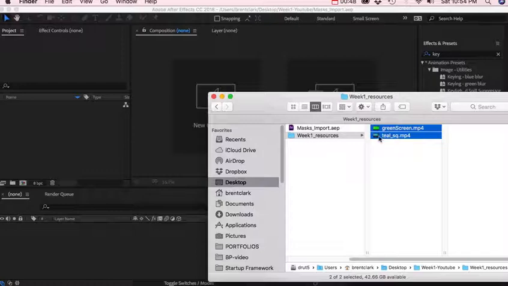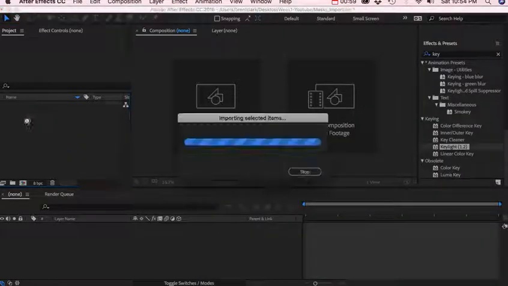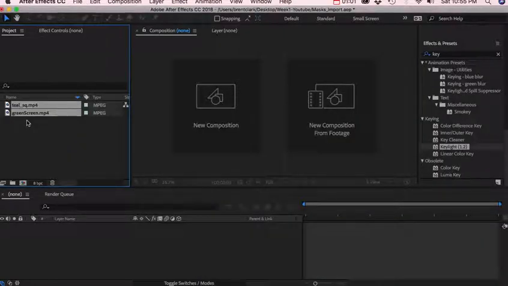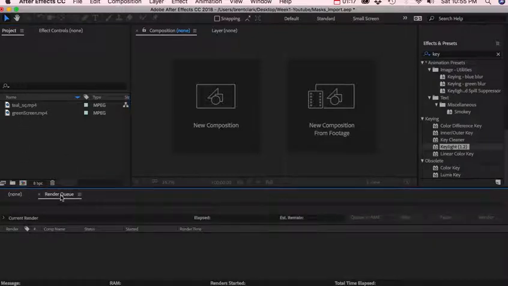Now, in my resources folder, I'm going to drag the two files I have under here, which are called GreenScreen and Teal Square, over into my project window. And now I want to create a composition. I'm going to drag them down into my timeline, and that should create a composition for me. Make sure you're not dragging it into your render queue,